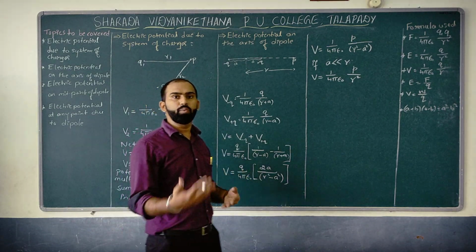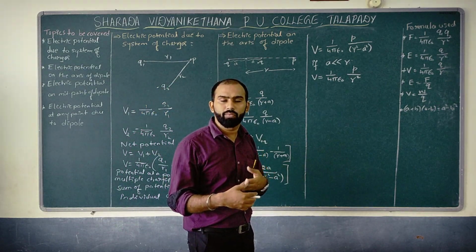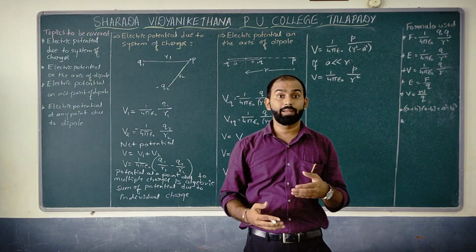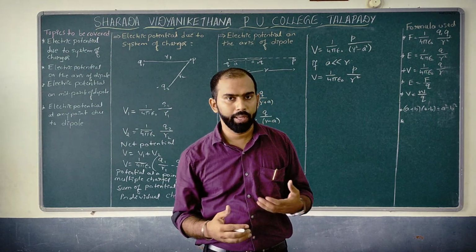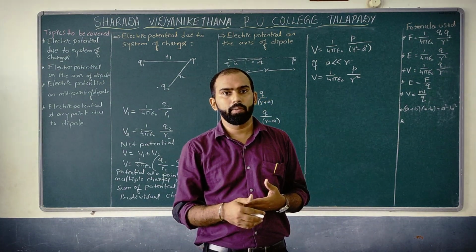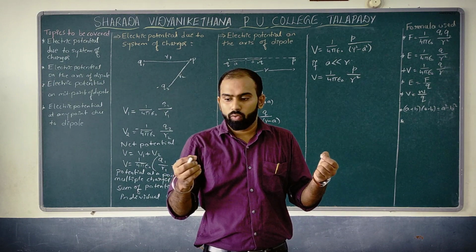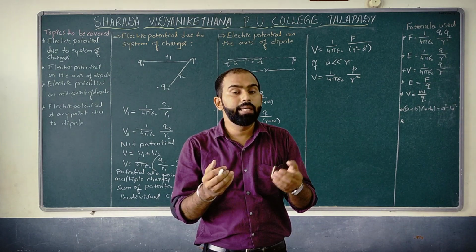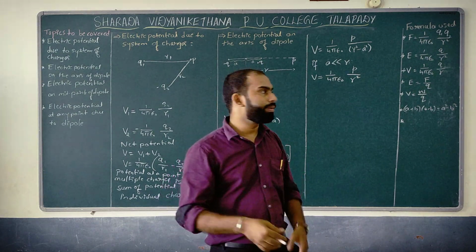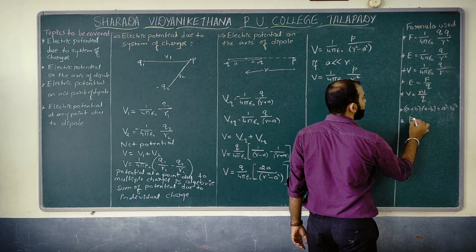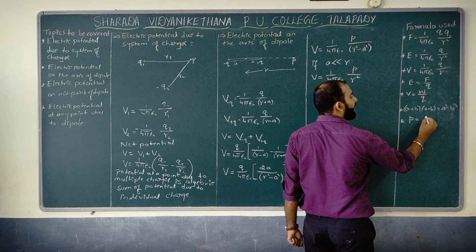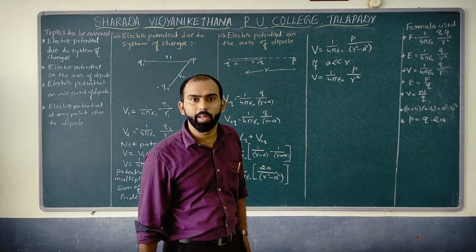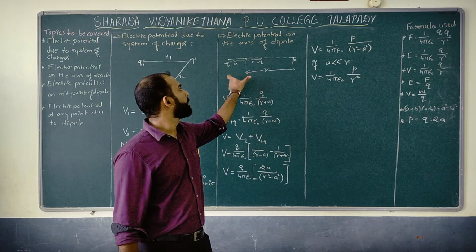So try to recollect the things which you have discussed in the first chapter. That is, what is the formula I can expect for electric dipole moment? We know electric dipole is two unlike charges separated by some small distance. And if I deal in terms of electric dipole moment, we have one formula, it is a product of either charge into length of your dipole. What is the length of your dipole? Which is nothing but 2a.